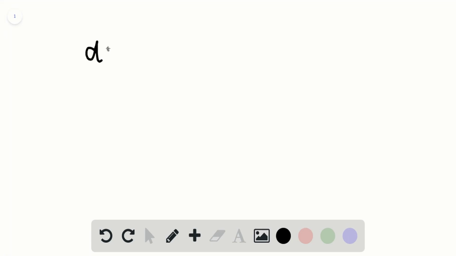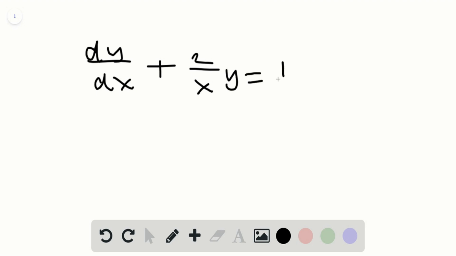In order to solve this differential equation, we must divide by x to get it into standard form. dy over dx. We're dividing all terms by x, as I said. Now that we have this, we can see our p is equivalent to 2 over x, which means our e